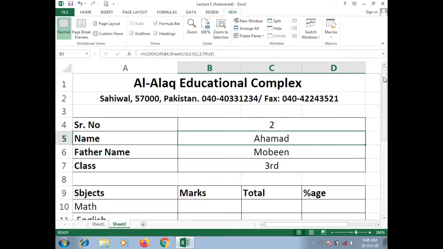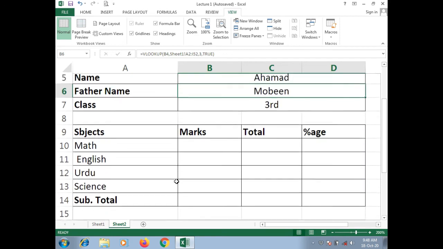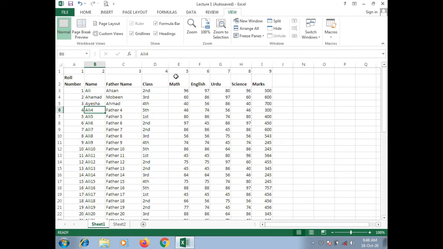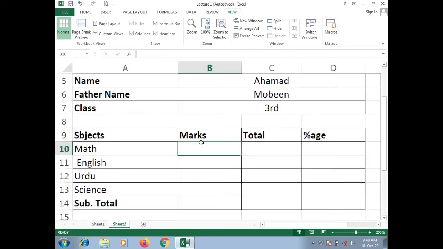So let's copy the formula and let's know the column, the math column. Math column is 4, 5, English 6, Urdu 7 and science 8. 5, 6, 7, 8. So I'm going to copy a formula here.